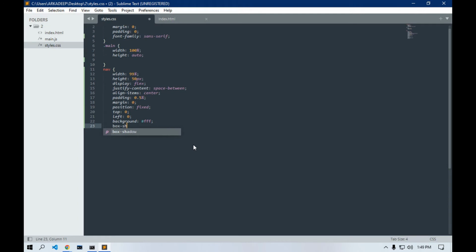Box shadow would be 0px, 0px, 10px, RGBA, 0, 0, 0, 0.2, and that would be 5 pixels. Okay, then